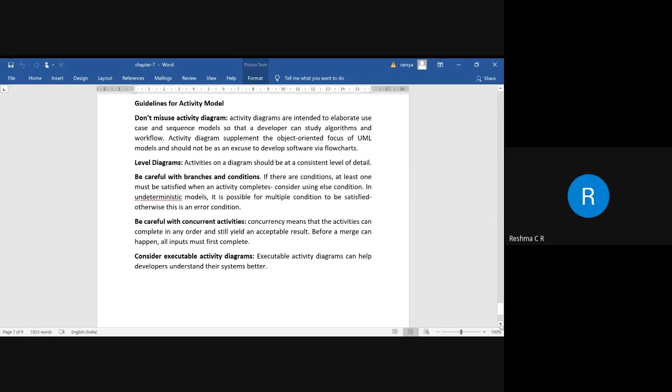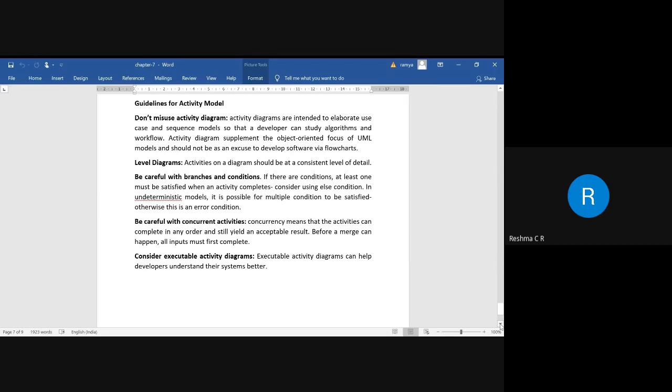And next thing is we need to be careful with respect to concurrent activities. That means when we are trying to run parallel activities, we need to get a proper result, and that proper result should be an input to the next action. In what way you are going to merge all the actions and how you are going to pass it on to the next action is very important.